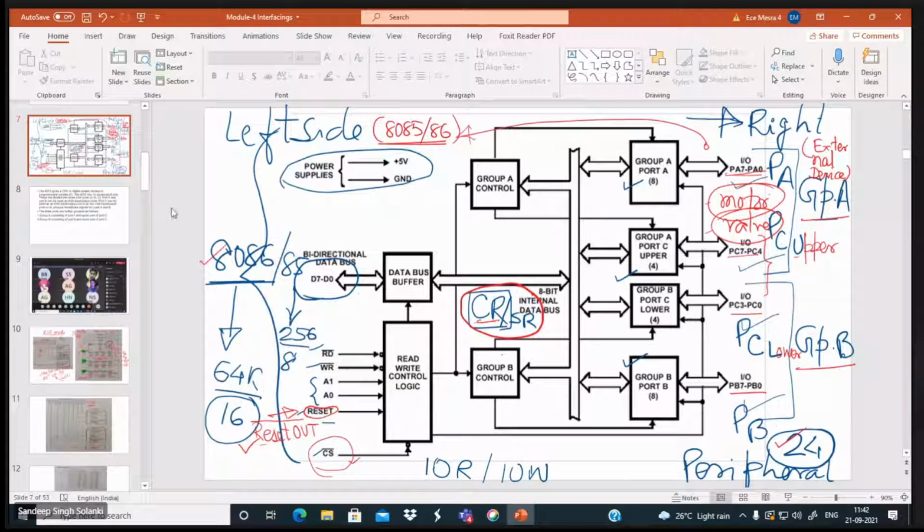Now, these two pins you should also understand, A0 and A1. For your information, with these two pins you are going to have how many combinations? 4 combinations. These 4 combinations are going to select port A, port B, port C, and control register.